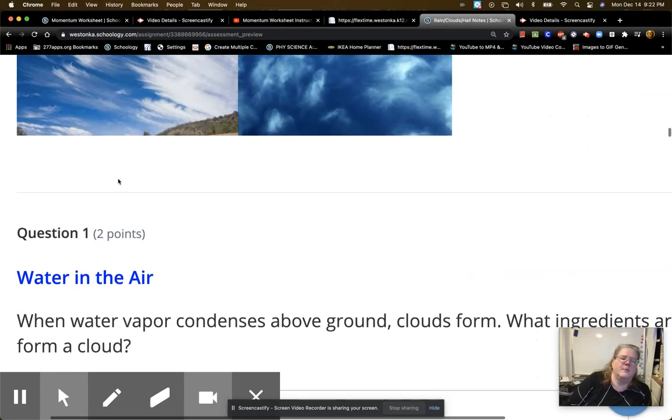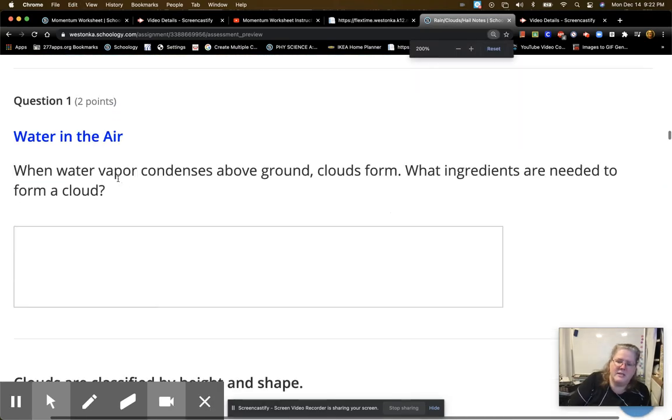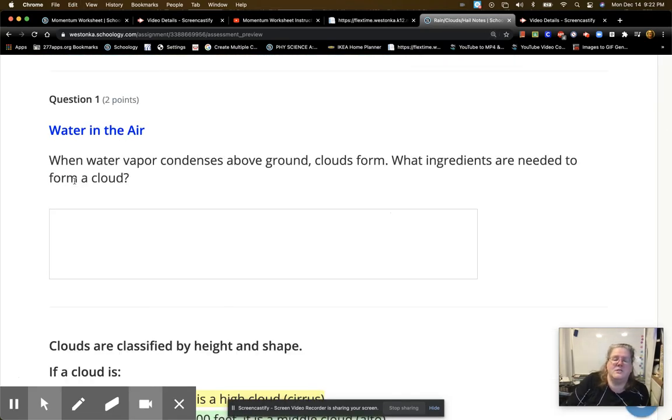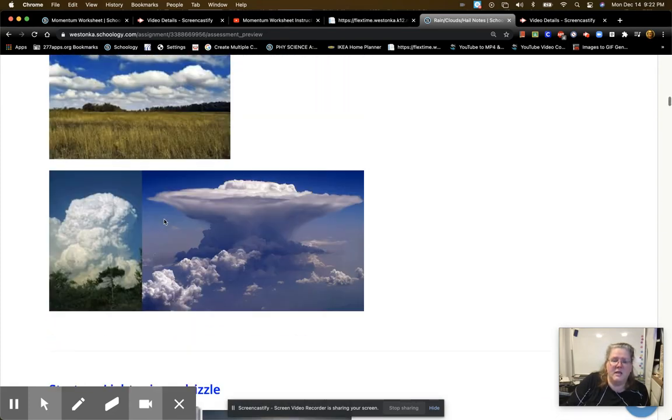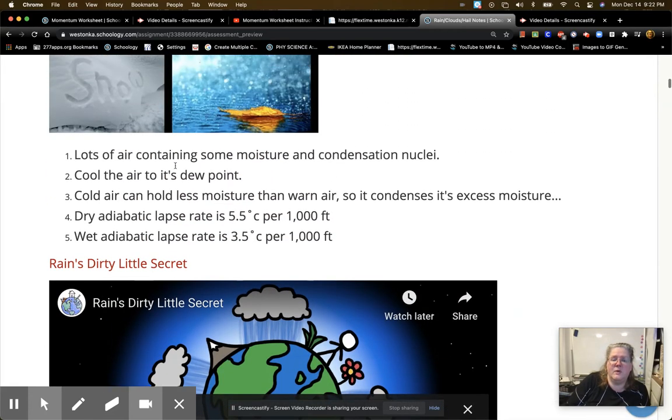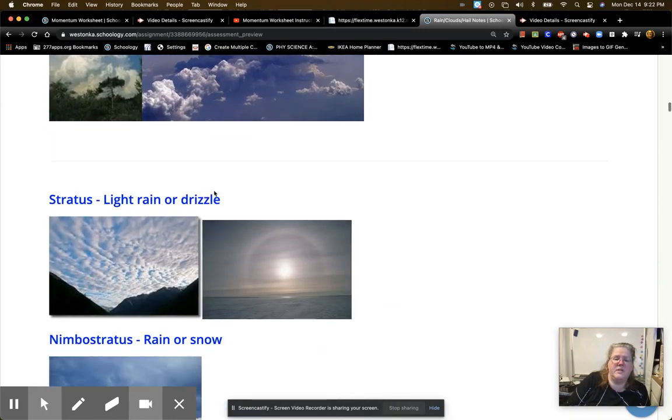and sometimes they'll look like little ripples, like little fish scales. So this is where you're going to want to go back into the notes and answer this question. When water vapor condenses above ground, clouds form. What ingredients are needed to form a cloud? So you need to be able to tell me what is the recipe for rain right up here. Next,